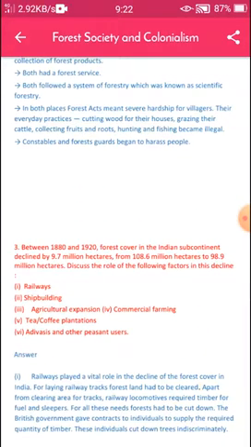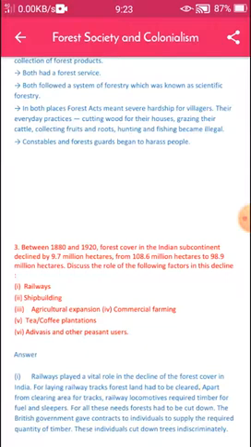Next question. Between 1880 and 1920, forest cover in the Indian subcontinent declined by 9.7 million hectares, from 108.6 million hectares to 98.9 million hectares.